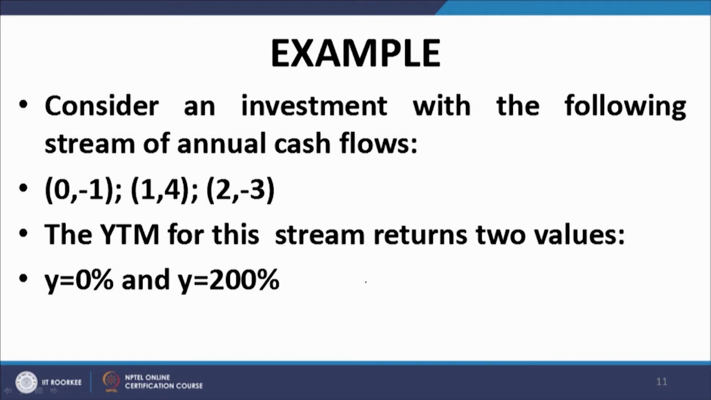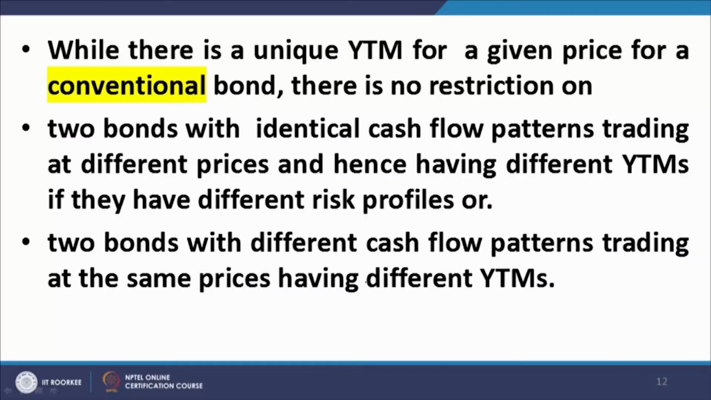So, here our contention breaks down. Let me reiterate what I said earlier about a one-to-one correspondence between the price and YTM, given a bond's pattern of cash flows and the corresponding spectrum of spot rates. That holds for conventional cash flow patterns from a bond. While there is a unique YTM for a given price for a conventional bond, there is no restriction on two bonds with identical cash flow patterns